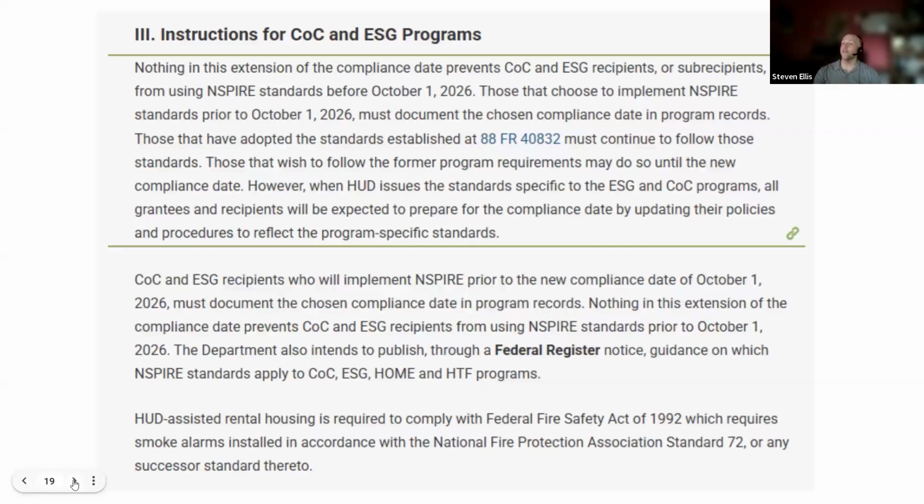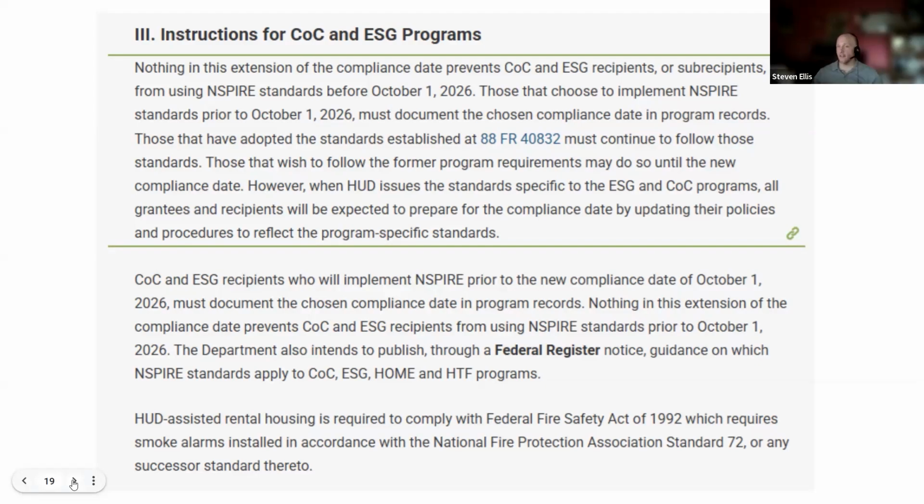And what I've recommended to folks is that if you're not doing NSPIRE early, add that to your policies and procedures as well, right? So particularly any section on inspections, just a quick note about NSPIRE and saying we are not implementing this until an implementation date. So if HUD were to come to monitor, once again, you're controlling the narrative. It's very clear you understand and you're outlining what you're going to do. Again, you don't have to, but to control that narrative and to have a sense, it might be helpful.